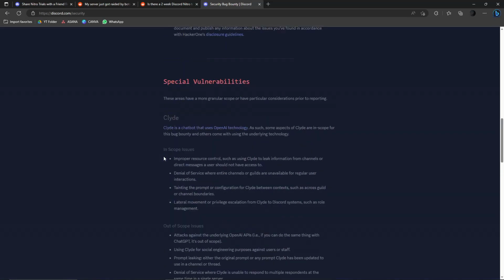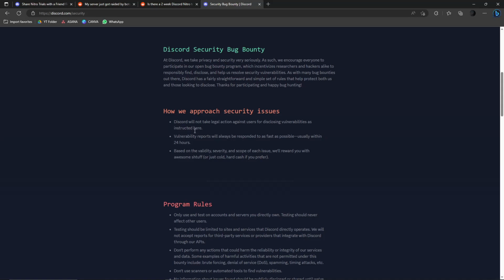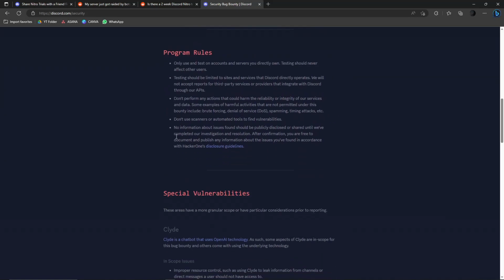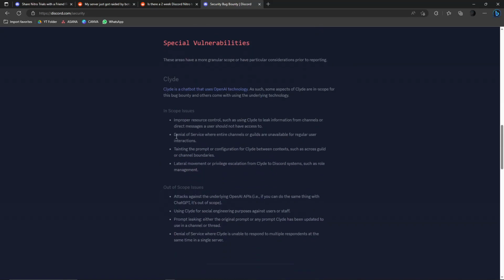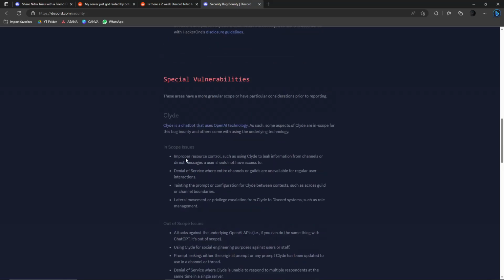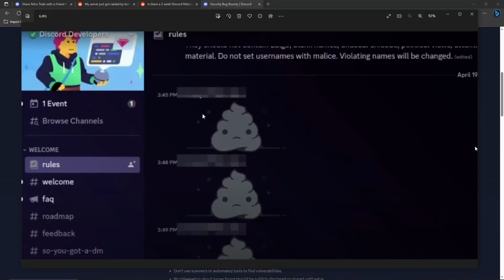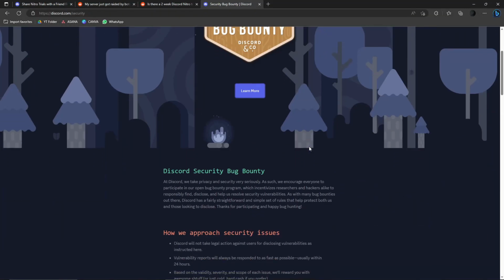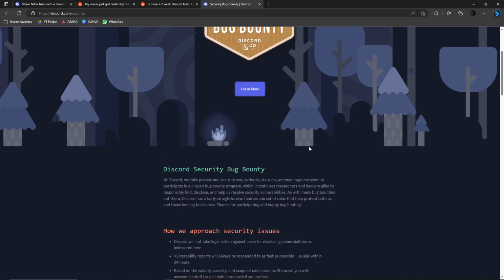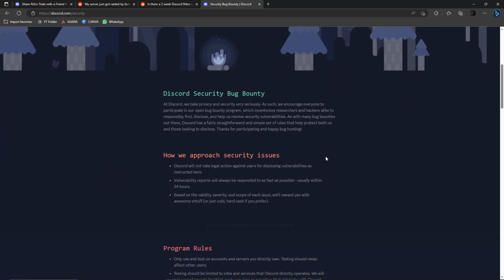I'm not sure how much. Let's just click learn more here. They won't say how much. Maybe it depends on the hack or it depends on the bug. But imagine that guy right there. He hacked the developers server. This is the Discord developer server. It's a pretty important part for Discord developers, and that guy hacked it with ease using Nitro. So that being said, if he only used that skill rather than sending poop emojis, he could have had a massive paycheck.